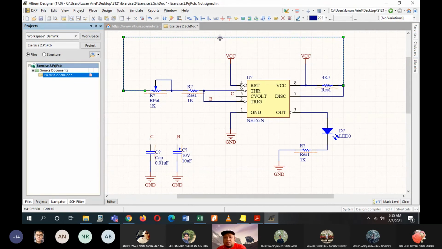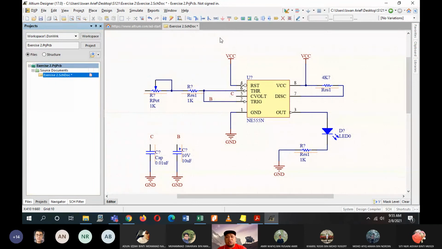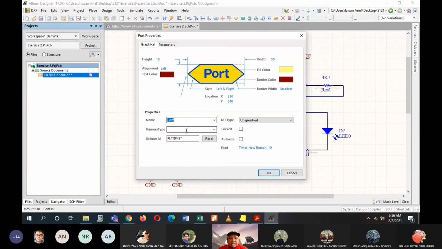But the purpose of exercise 2 is to show you how to use the port here. Click port, place them somewhere on the schematic there. Double click on it, make sure that the IO type is bidirectional, which means that the connection is in both directions.